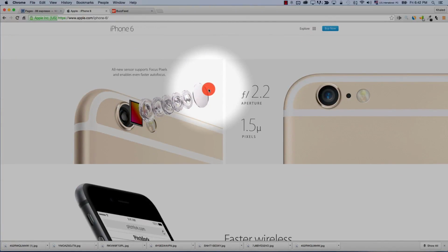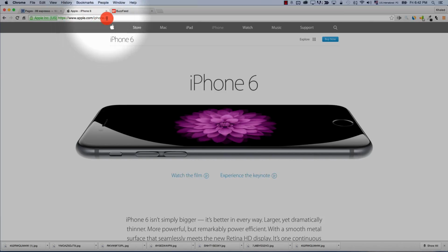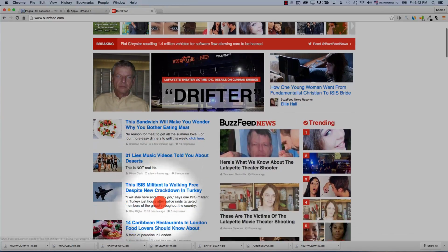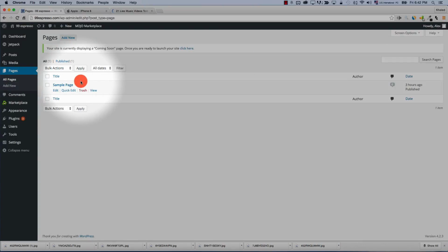It looks a bit more complex, but posts can be complex also. So pages are static. Think of the home page on most corporate websites versus just a normal blog page, where basically you can just choose one of the posts to read it and just go to the next post and next. So to add a new page, I'm going to come back to pages now and choose add